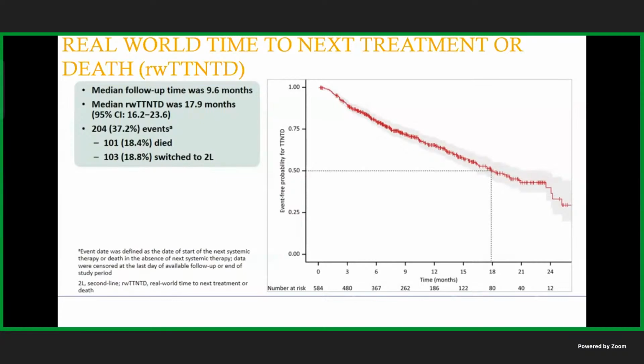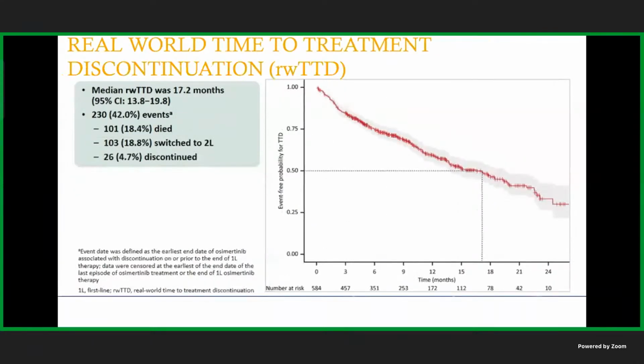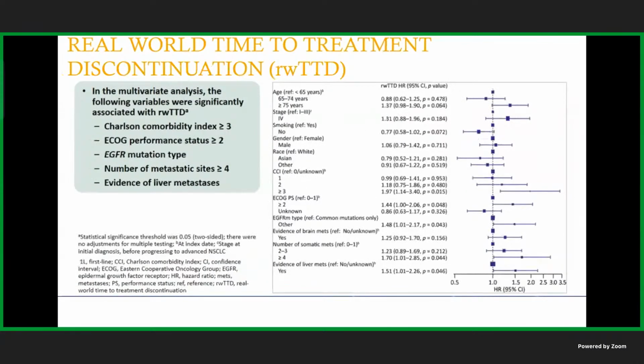Total 37.2% event, and 18.4% death, 18.8% switch to second line. This was real-world time to treatment discontinuation, 17.2 months, which is similar to the PFS which we achieved in the